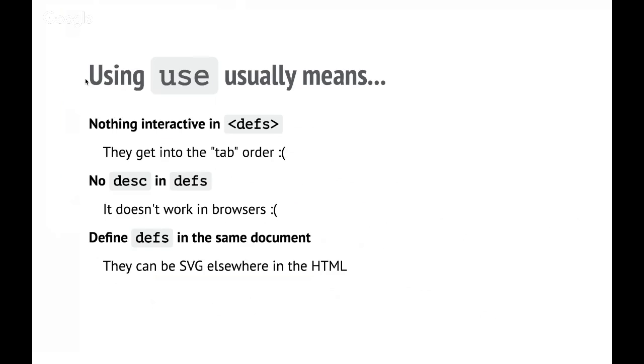And although in standalone SVG, there are ways of referring to things that come from other documents, which enables a lot of reuse and mixing and would enable people to understand different bits, in HTML, the same origin policy essentially means you have to have your definitions in the same document. You can't reuse things as easily across different pieces of document. If we go to the next slide,